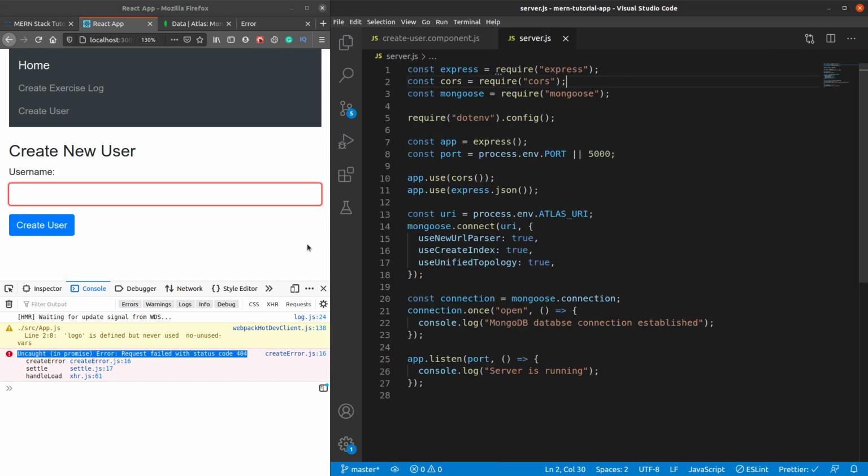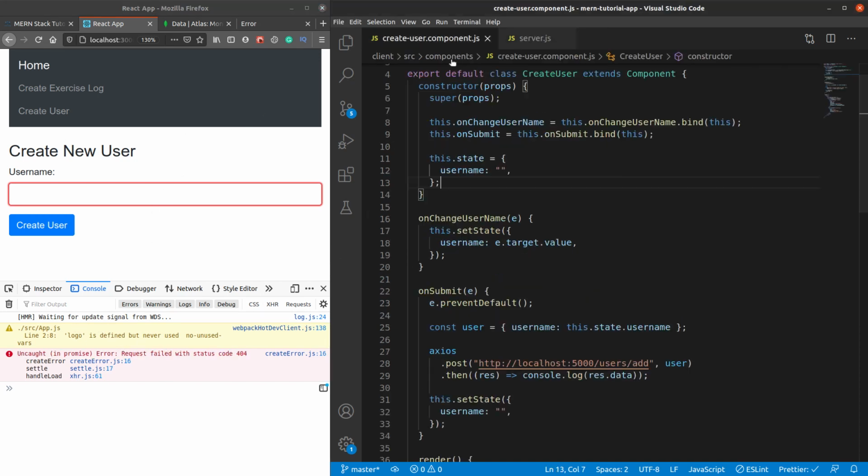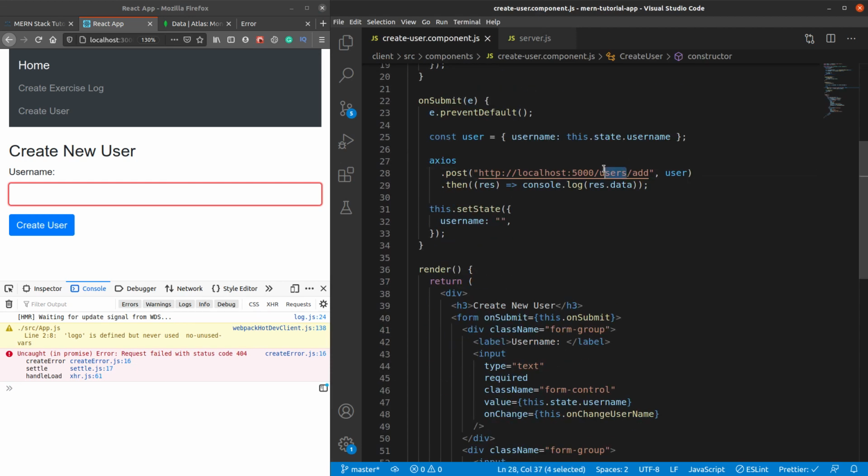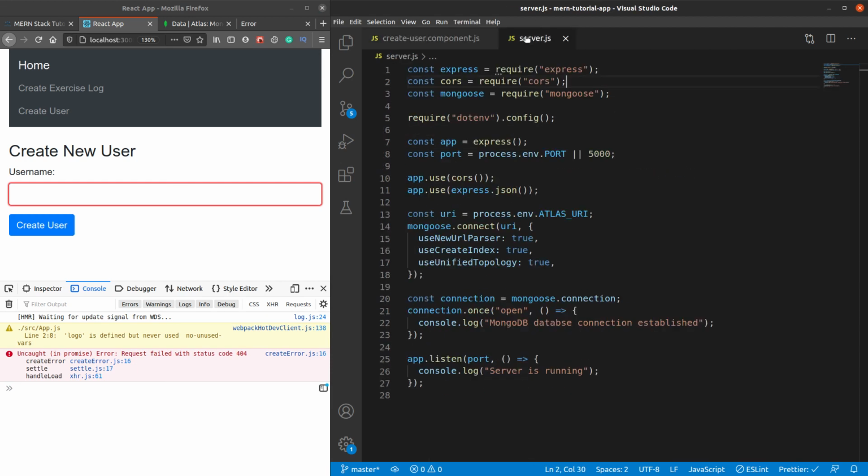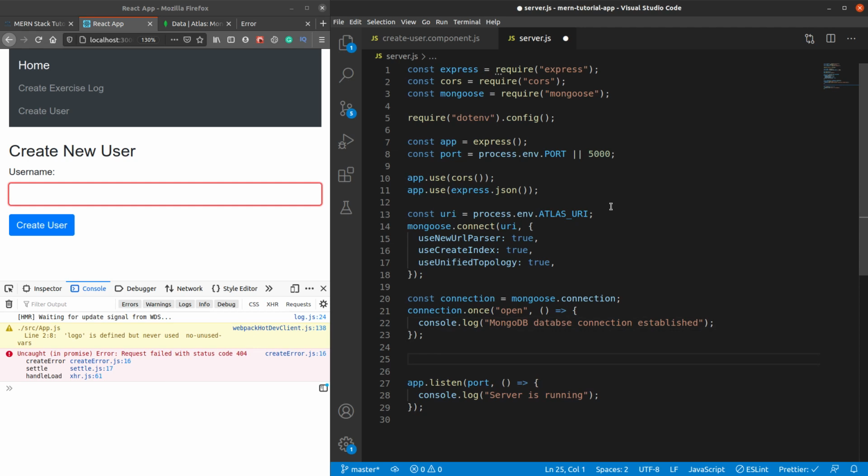Here we want to tell server.js what this /user means. So for that we will just let our application know that we're trying to access this particular thing. Let's use the routing.